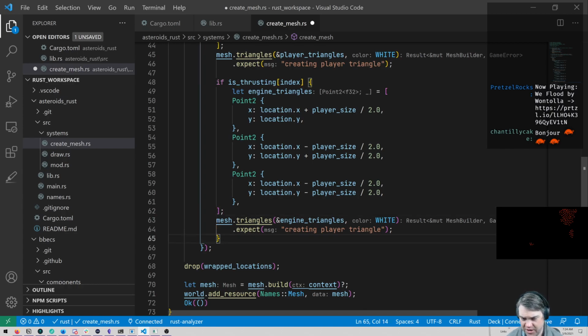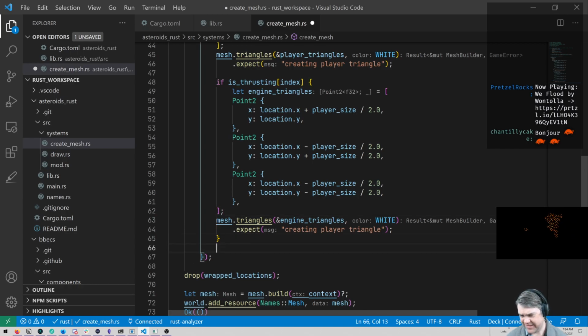Let's continue on, just to see what we actually run into trouble with. I'm pretty sure we're going to run into trouble when we move around or rotate. I think that's going to be a problem. All right, so